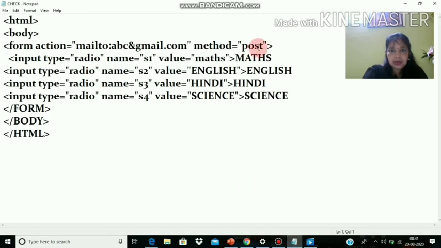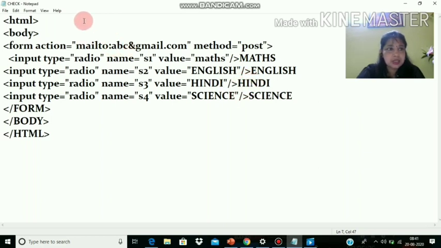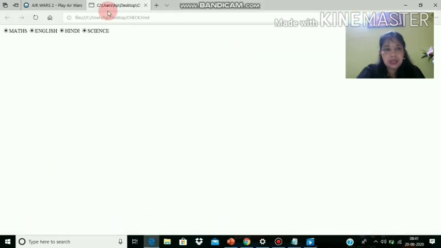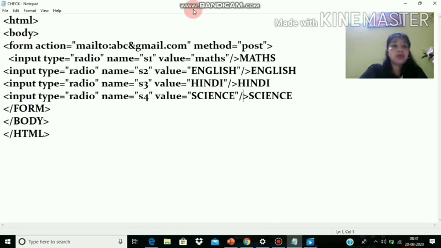Okay, so here make the changes which are required. Here slash, here also slash, and then slash. File, save, and then refresh. It's getting selected all the options, because for only one option to be selected, the name will be similar.